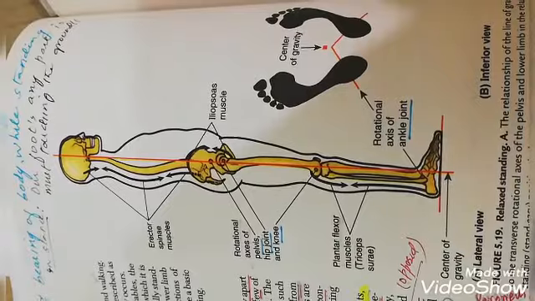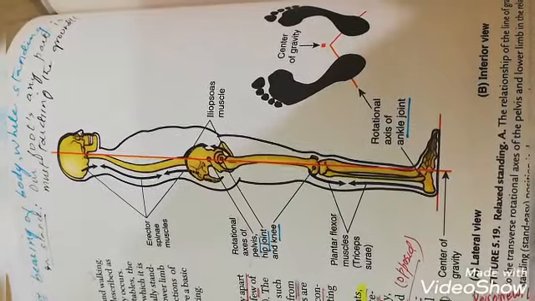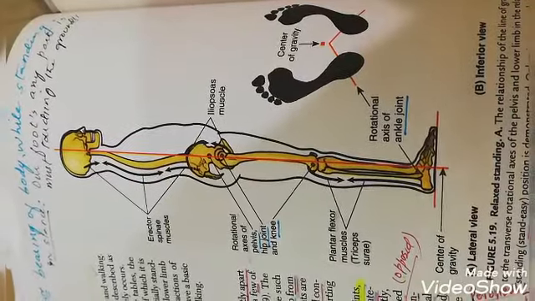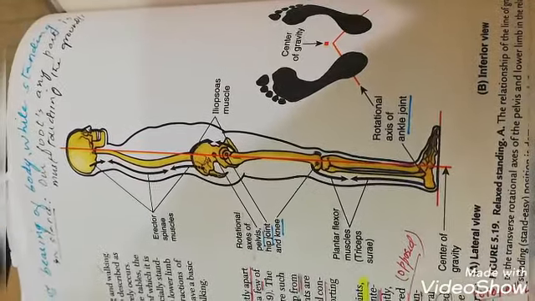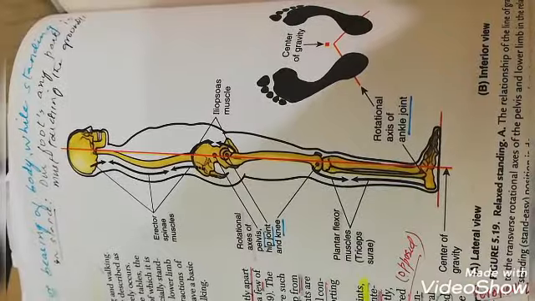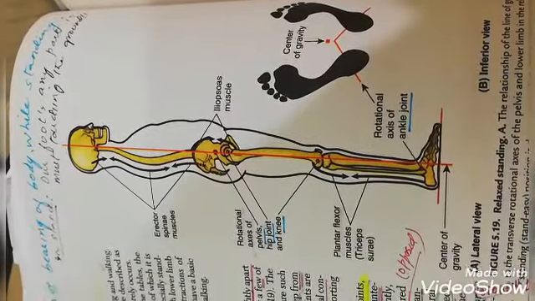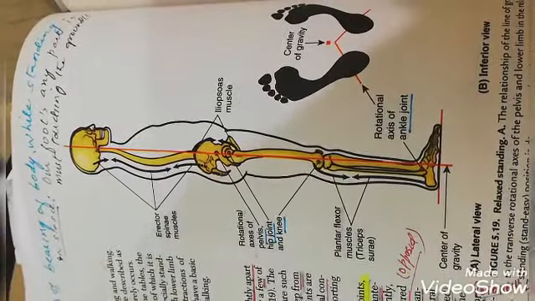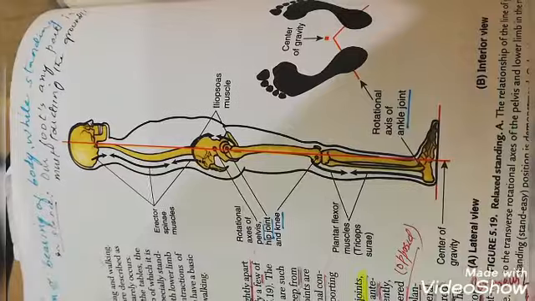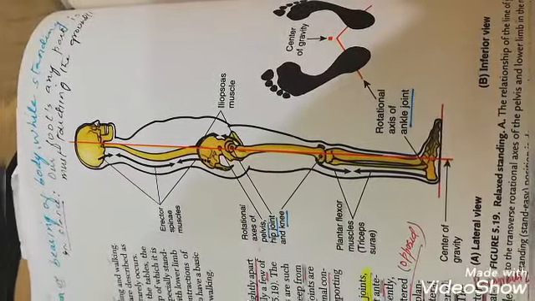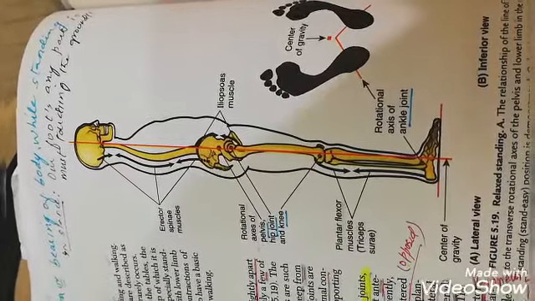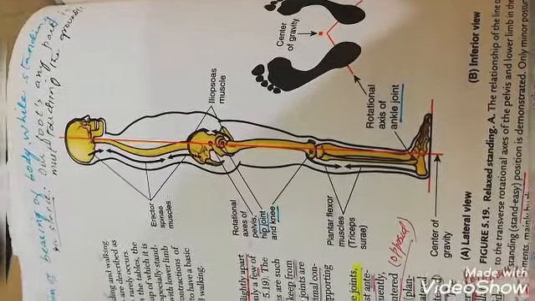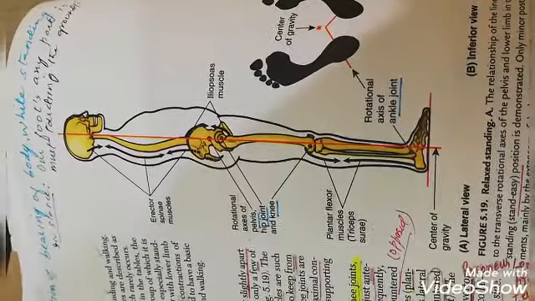Another important thing to tell you is that in the first 3 subphases of the stance phase, deceleration is common, and it also occurs in the last phase of swing. And what about acceleration? It is present in the last 2 phases of stance and becomes maximum in the first phase of swing. So these are the few things that you have to remember, and then the gait cycle will become easier for you.